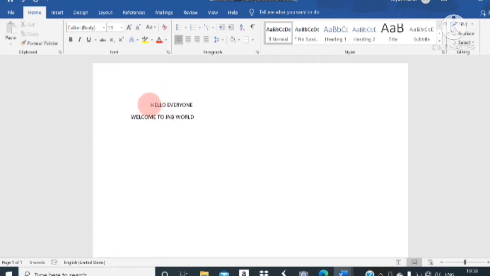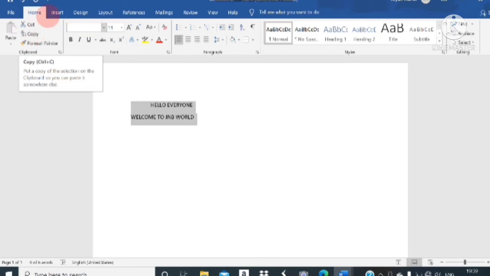So you have to hold the text, and then drag up to how much you want to select. After that you have to release it. So the whole part is selected. Now if you want to copy this, you can right click on it, otherwise you can click on the copy option.